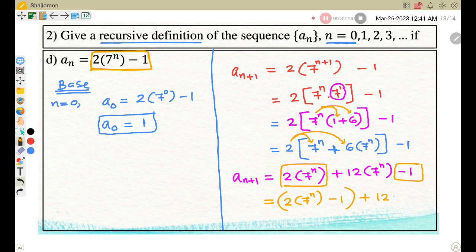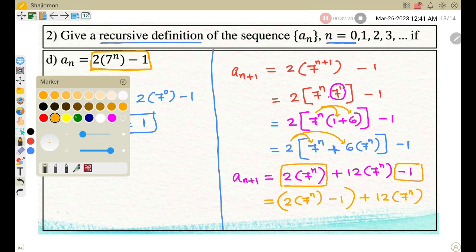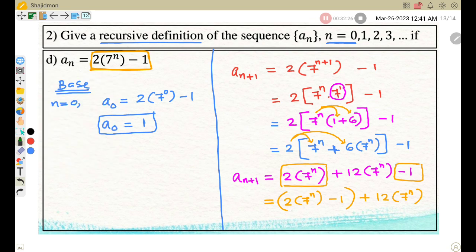Plus 12 times 7 power n, correct? Now you can introduce a_n there. Instead of this one I can write a_n, because 2 times 7 power n minus 1 means a_n. So a_{n+1} equals a_n plus 12 multiply 7 power n we are getting, where n equal to,